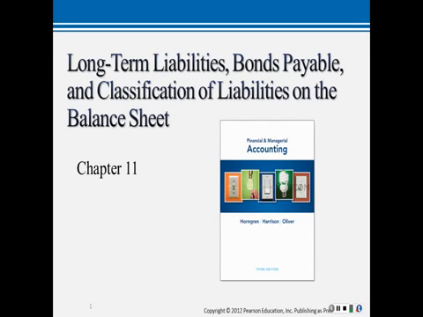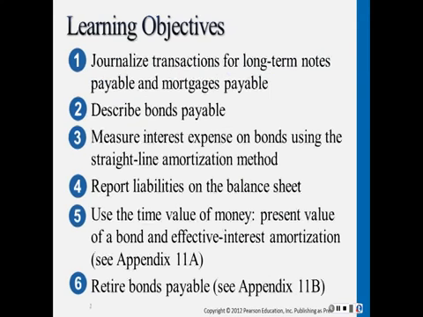Chapter 11 covers long-term liabilities, bonds payable, and classification of liabilities on the balance sheet. The learning objectives for this chapter include to journalize transactions for long-term notes payable and mortgage payable, describe bonds payable, measure interest expense on bonds using the straight-line amortization method, report liabilities on the balance sheet, use the time value